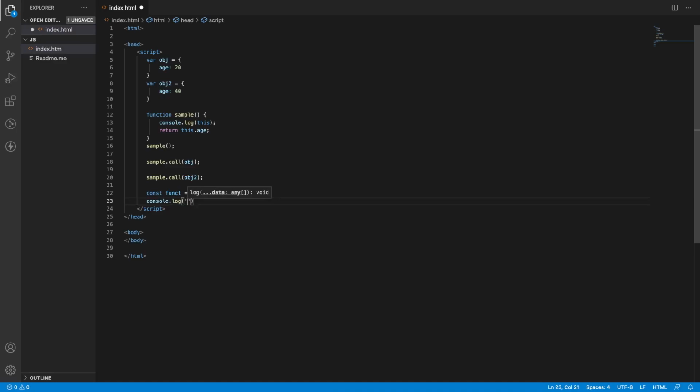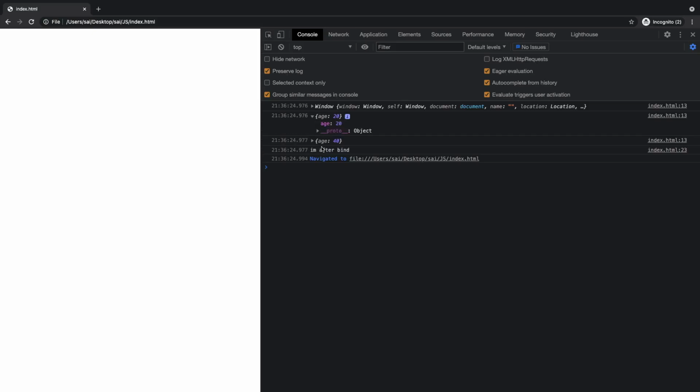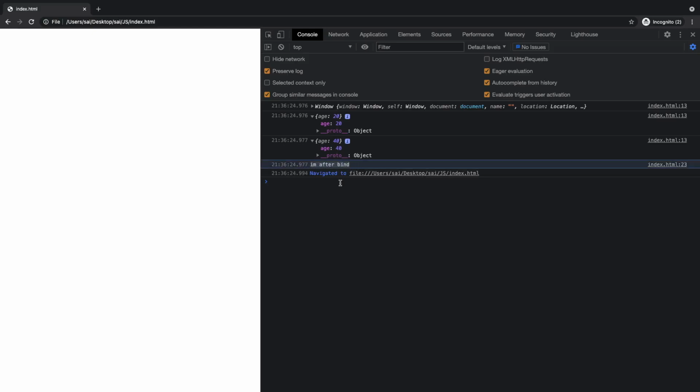So console.log, I am after bind, and go back, try to execute this. If you see here, it is printing only call with object 1, call with object 2, but it didn't print any bind one. Why didn't it call the sample function by using bind? Because whenever you are using bind, it will not call your function.